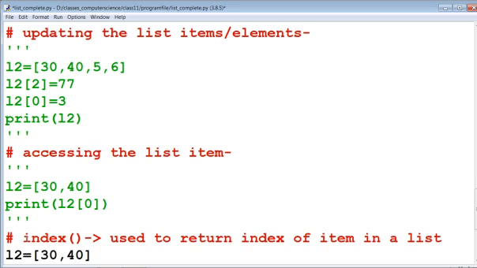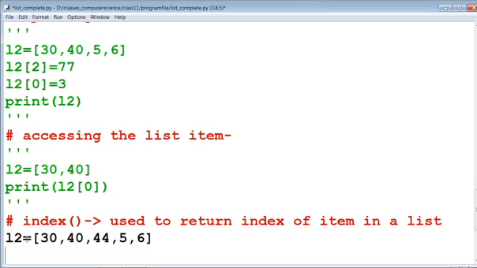Suppose that this is the list. Now we want to print the index of 5. Then we can print L2 dot index, and here we pass the value of the element.